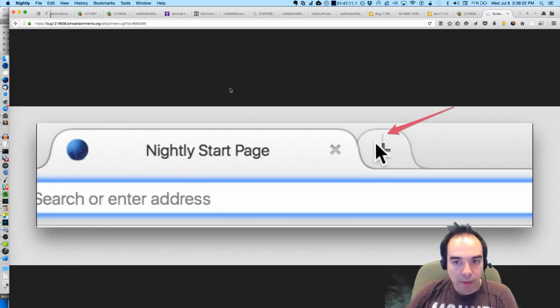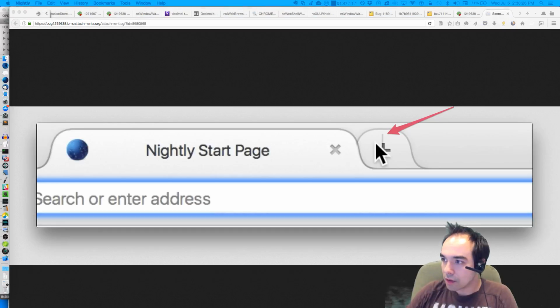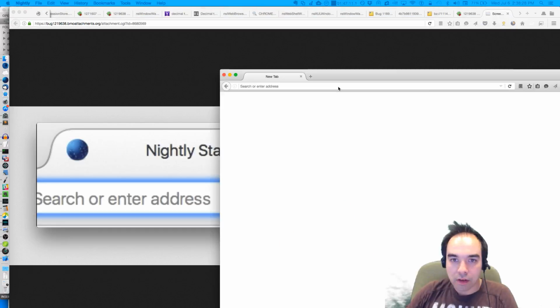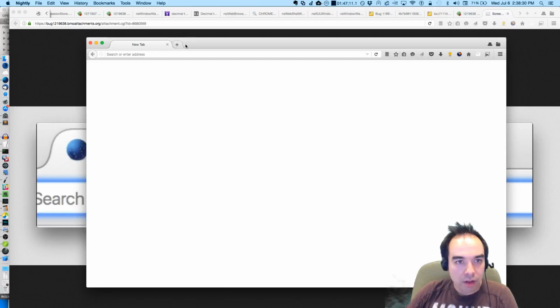Well, the new tab button is, I think, transparent, save for the outline.